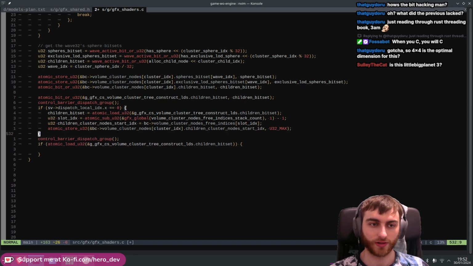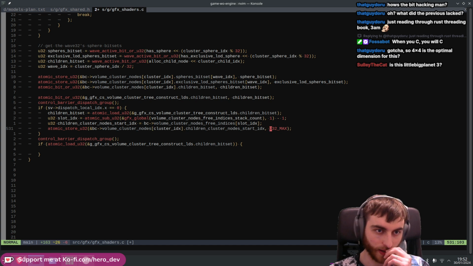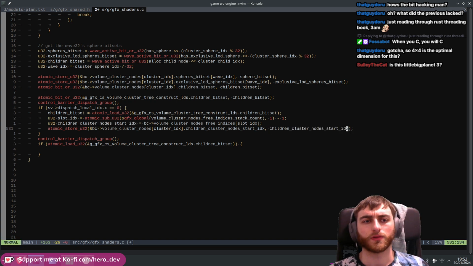So it's nice and easy to write a custom allocator for. It's literally just divide an array into 8, into 8s, right? So we're just going to store that index into the cluster,